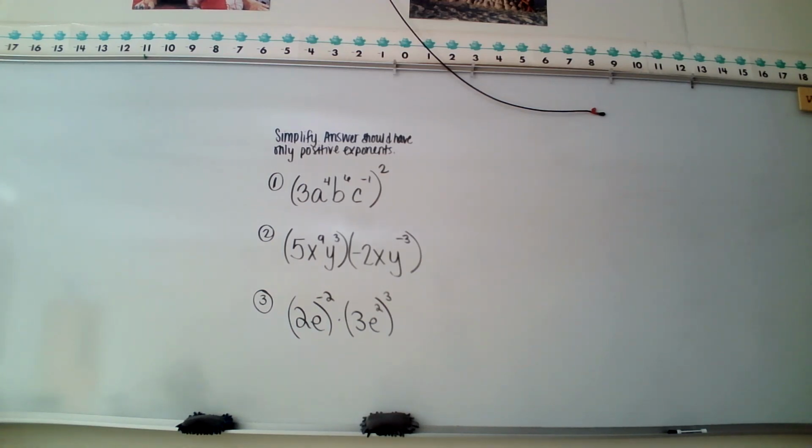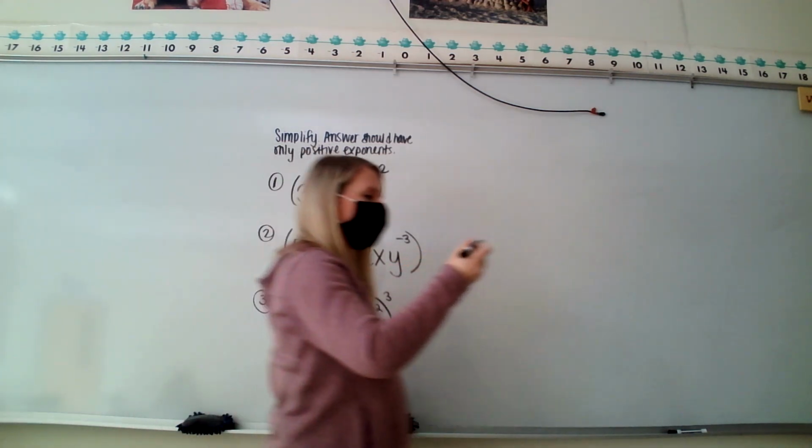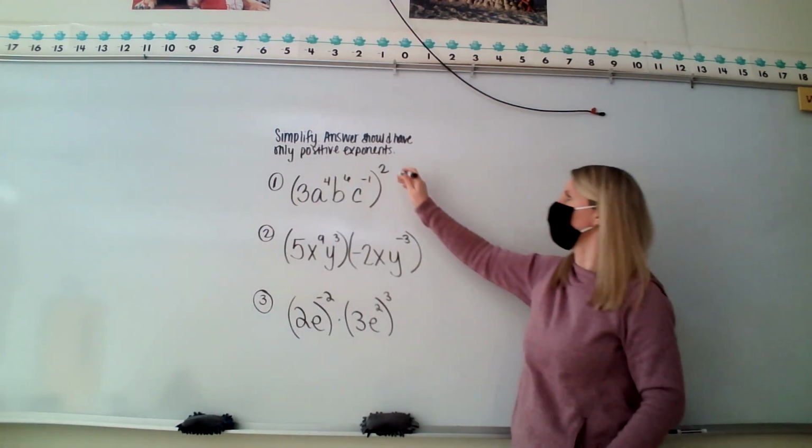So everyone, let's go over these and see how you did. Sorry, my voice is struggling today. If you are not getting the same answer, then please ask a question if you did not see where you went wrong. So number one, when you see a set of parentheses, we said we're going to take this outside exponent